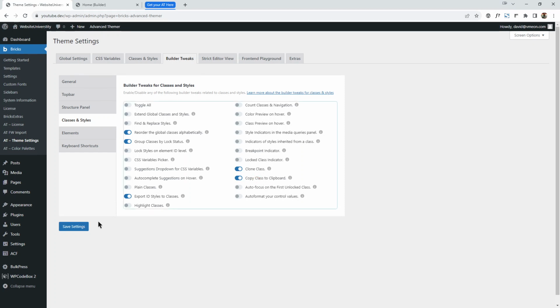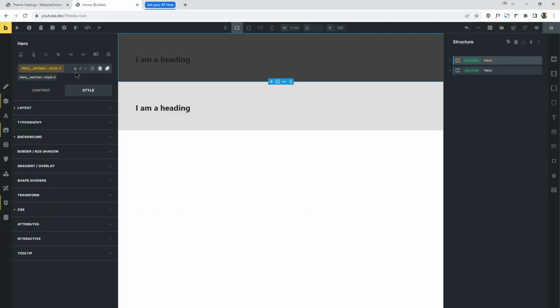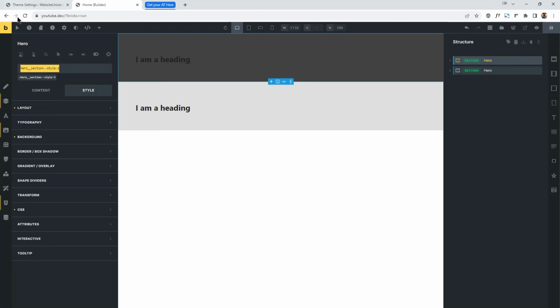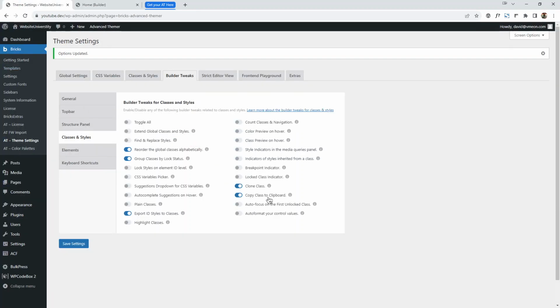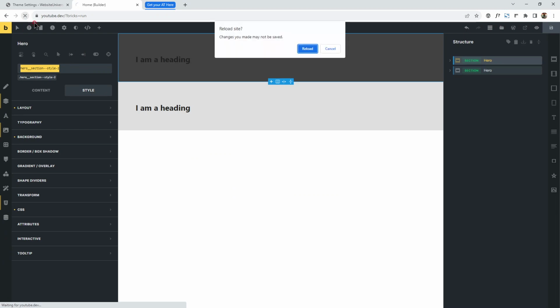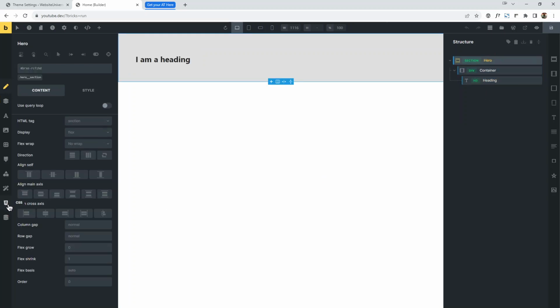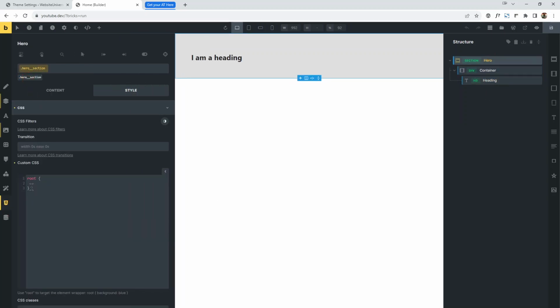Copy class to clipboard. Up until now, there wasn't any easy way to copy a class, so you just have to click on this rename, select it, copy it. That was the manual route. But with AT's copy class to clipboard option enabled, you select it, click on the copy class to clipboard, then you can do whatever you want to do with it. So probably I want to style the section, come into the class, then I can see I want to target the hero. I'm just going to add my full stop, so root, target the hero container, then maybe give it a background color,